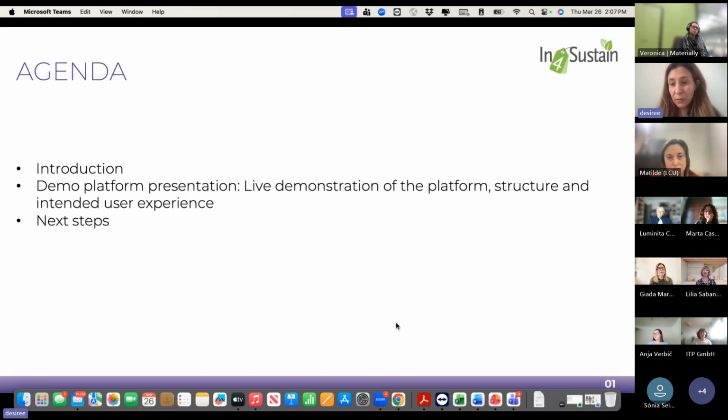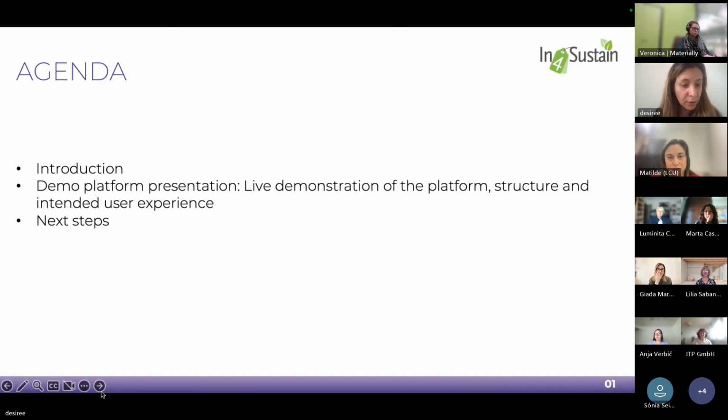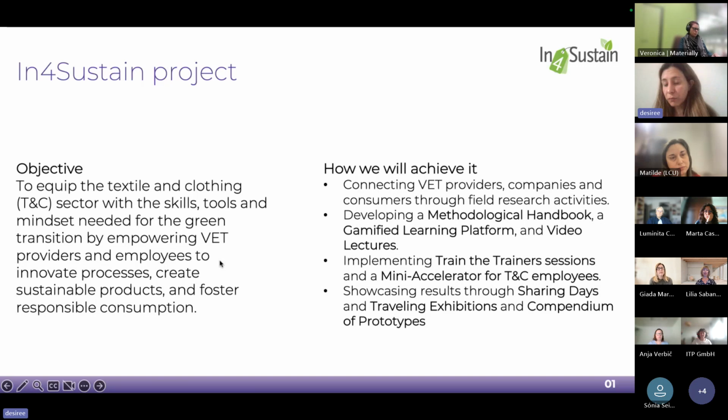So I will first of all just briefly recall the objective of the project. In In4Sustain, the main objective is equipping the textile and clothing sector with skills, tools and mindset needed for the green transition.